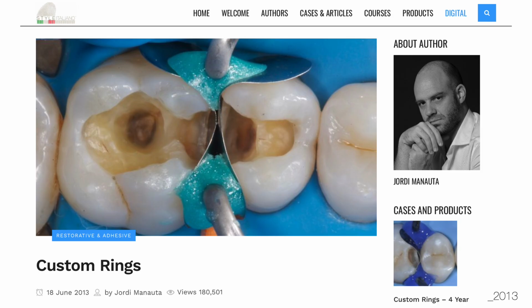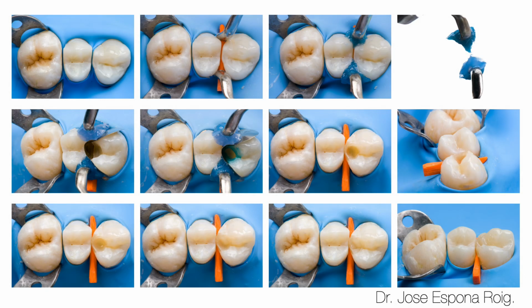He described how to do it with resin to copy the anatomy that we have to reproduce. So we copy the anatomy first, and we make our ring a little bit more customized, and then we open the cavity, we place the bands, and we do the same adhesive step by step.